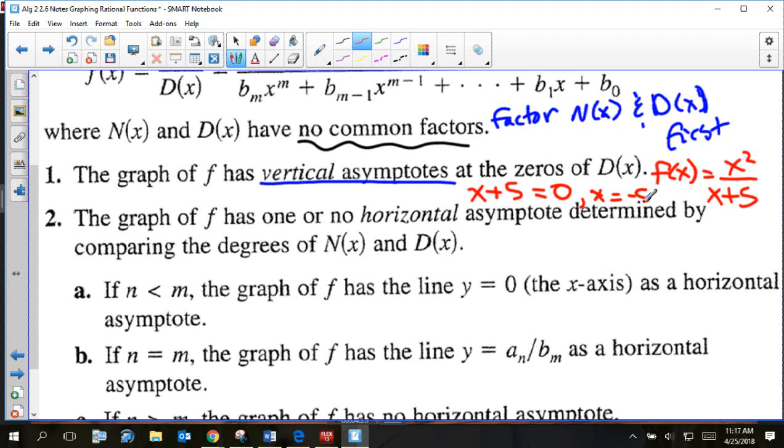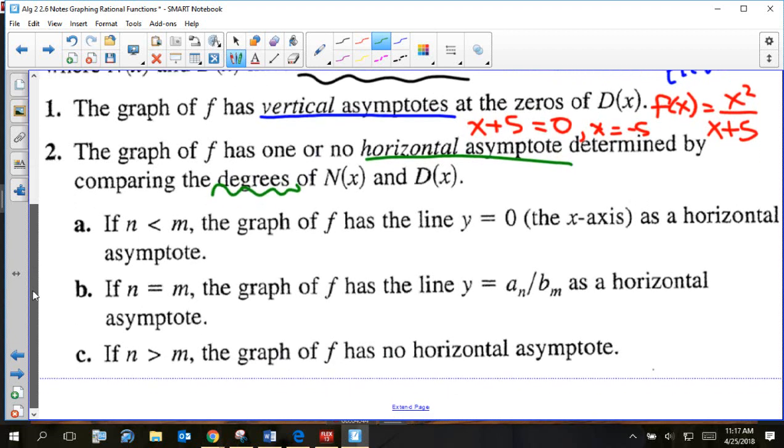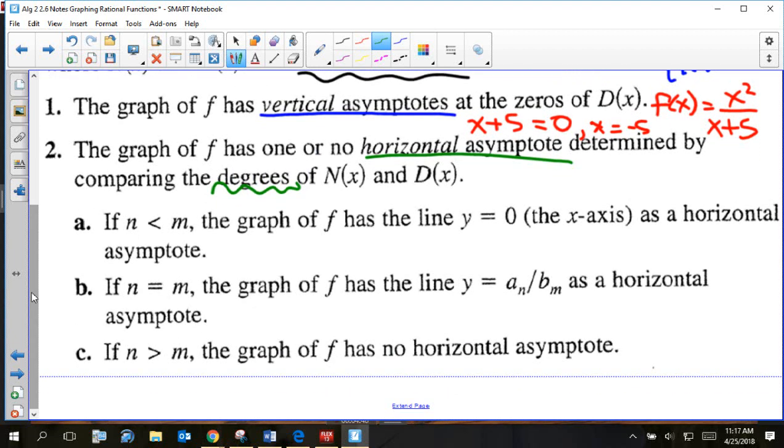All right, next, number 2. You'll see there's an A, B, and C, and then there's something at the bottom that also goes to number 2. These are horizontal asymptotes. You have to compare the degree of the numerator to the denominator. So remember we were going over degree a little bit. Now this gets confusing here. Let's just do this. If the degree of the numerator is less than the denominator, if the degree is less on top,